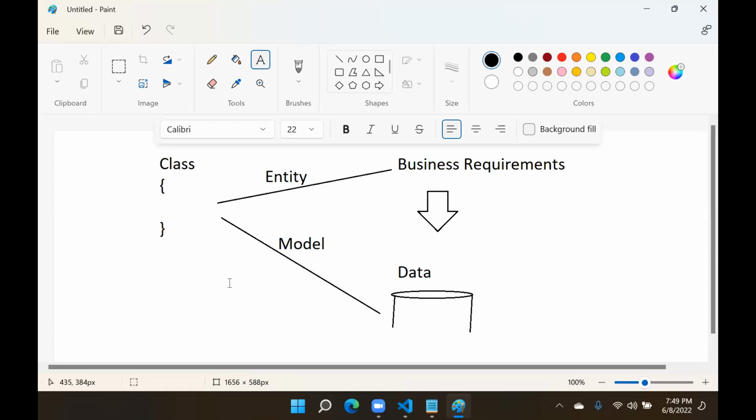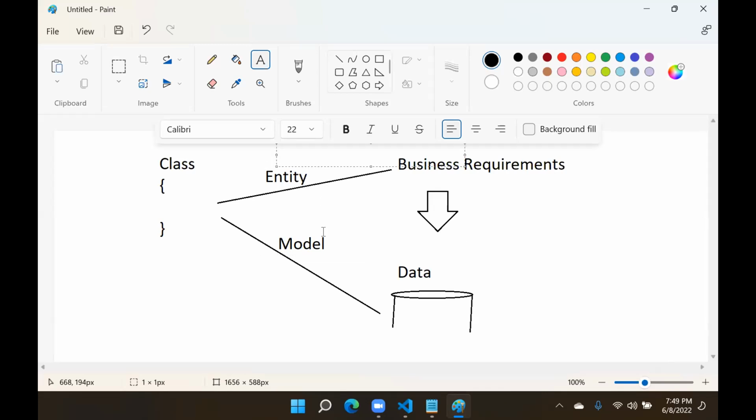If it is representing the data directly, then it is a model. Technically, a class is not always an entity, and not always a model. A class is a template which can have the behavior of an entity or a model. I hope the majority of you have heard about this concept. If any class is designed for business requirements, talking to and mapping to the business requirements, this mechanism is called